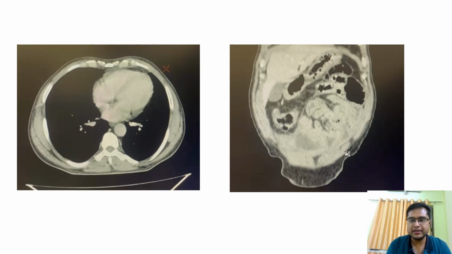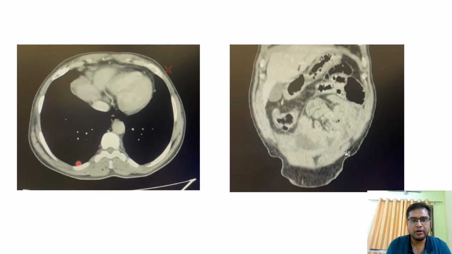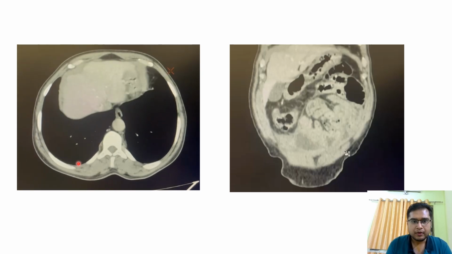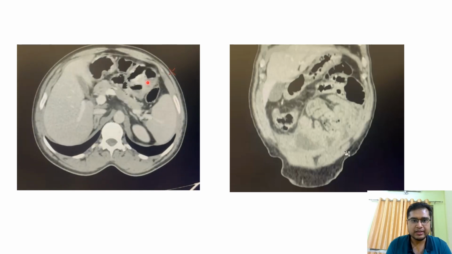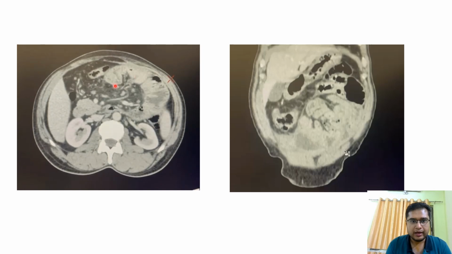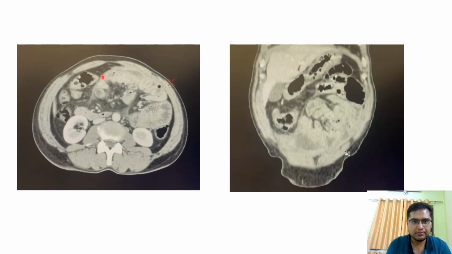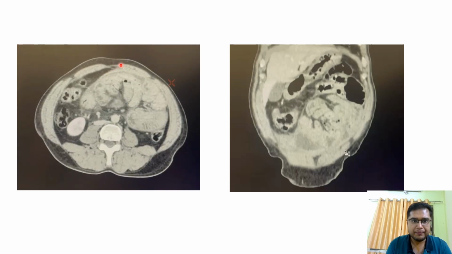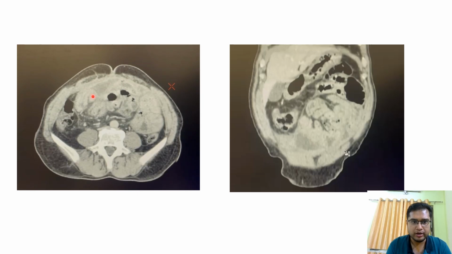So this patient presented with abdominal pain and signs of intestinal obstruction, and this is the axial CT section of this particular patient. I'm scrolling from cranial to caudal direction. As we can see, there are some dilated bowel loops. Along with that, some nodes are seen in the mesentery. Some thin capsule or peritoneum is seen surrounding these dilated bowel loops, along with some fluid that is present, and